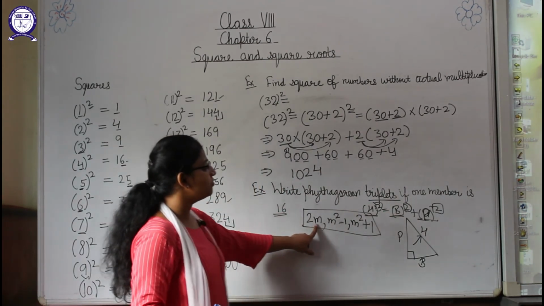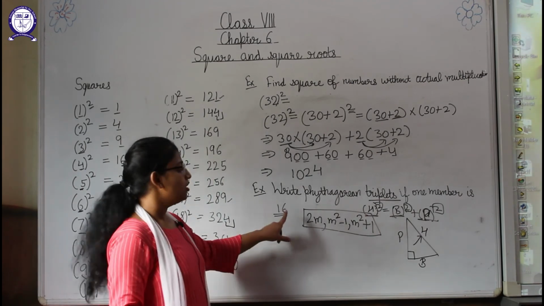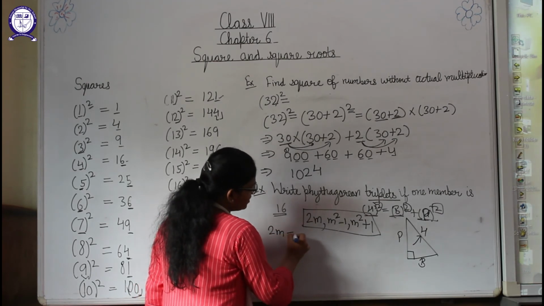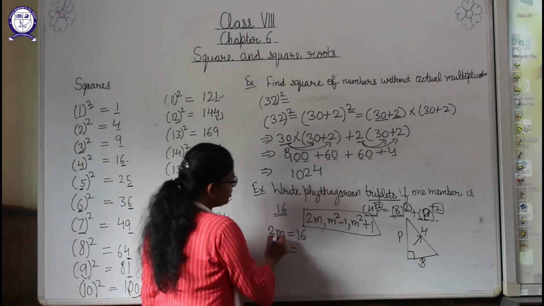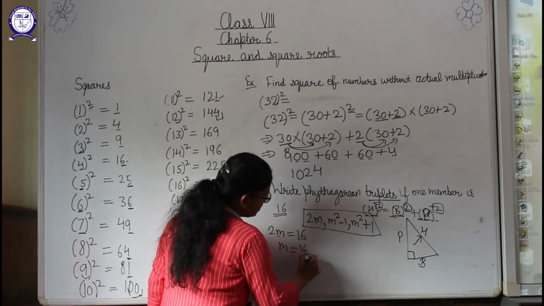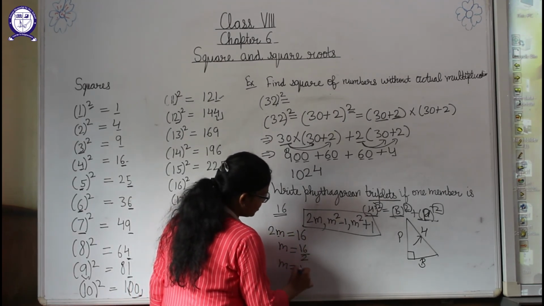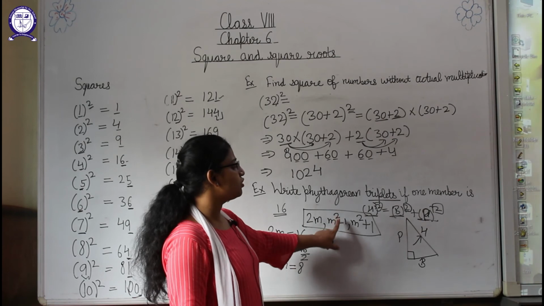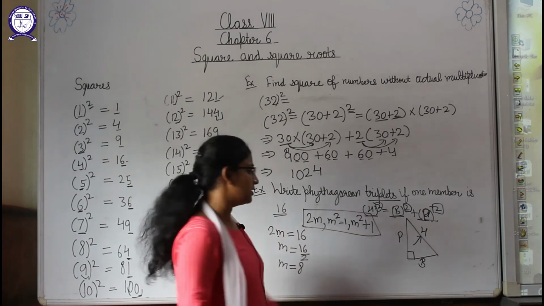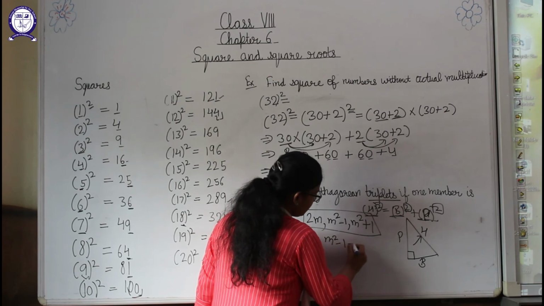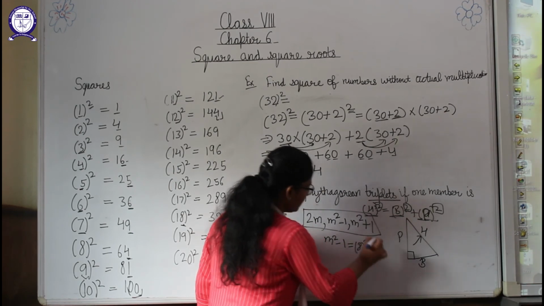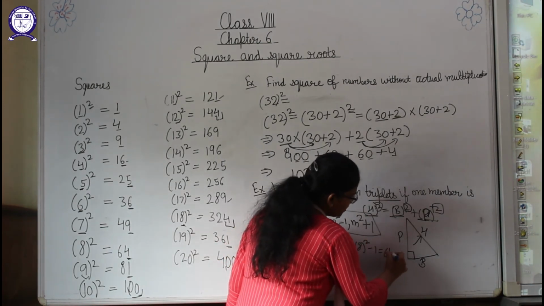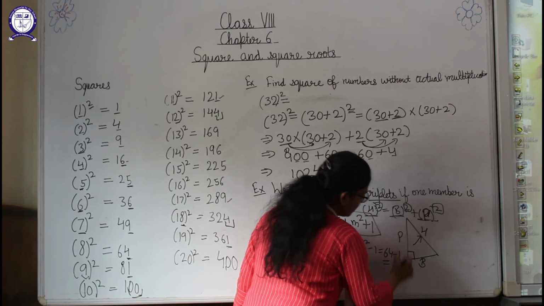Now as we know that from these three, one answer is 16, so we will take 2m is equals to 16. Okay, 2m is equals to 16. So what will be the value of m? Here 2 is in multiplication, so it will be divided into 16, so we are getting m is equals to 8. Okay, now we know that as we get the value of m, so we will find out m square minus 1 and m square plus 1. So m square minus 1 means 8 square minus 1, value of m is 8, so 8 square minus 1. Here 8 square is 64 and minus 1, so it will be 63.